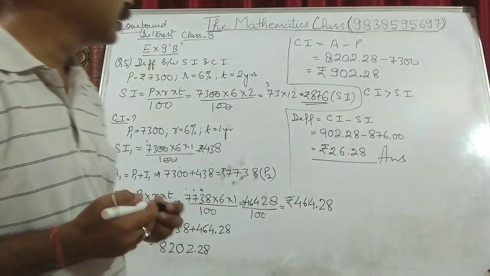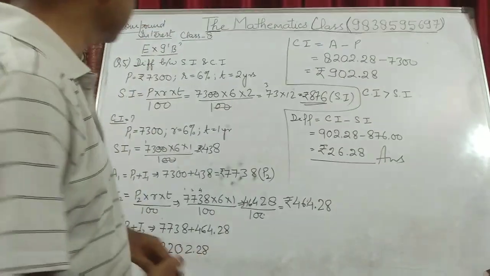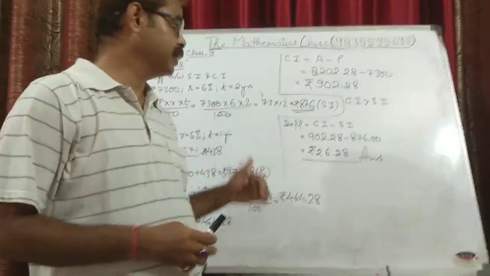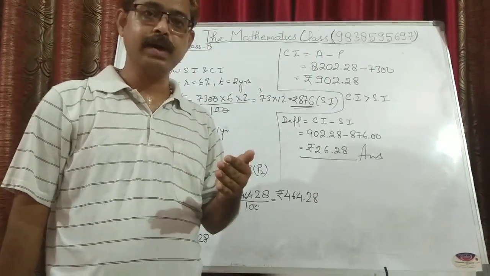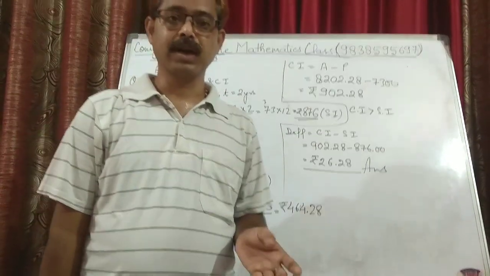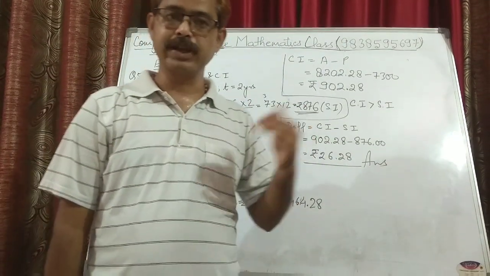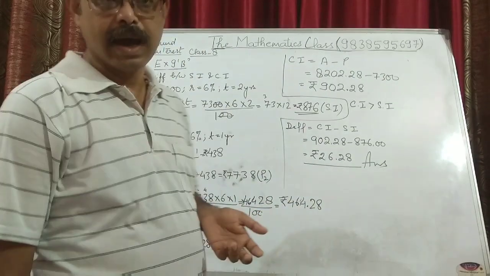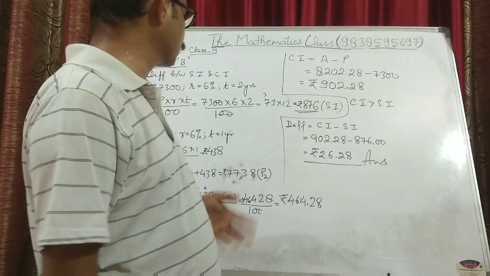Now this was the 5th part. So this finishes your exercise 9b. Now in the next class we will be discussing how the formula of compound interest came and how we are going to utilize that formula. So please go through this. If not understood, please go 2-3 times, then you will understand. This is a very new concept for you all, and this is very much there in class 9th, and it comes in class 9 board exams also.